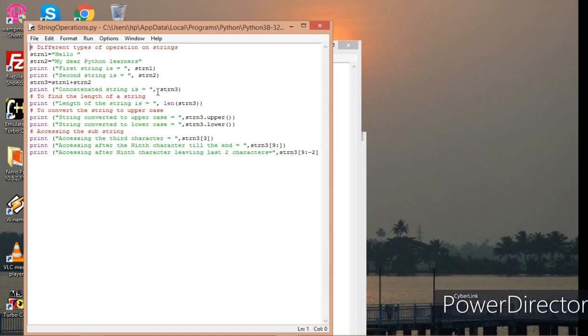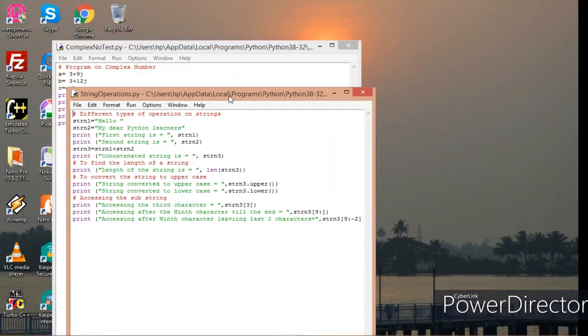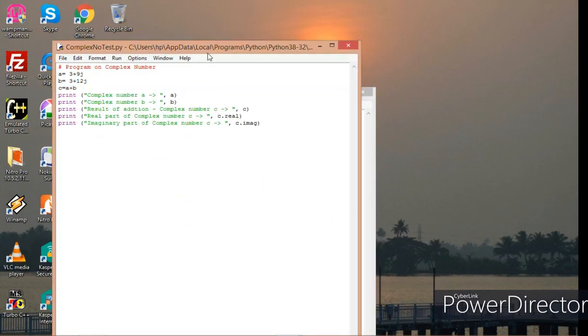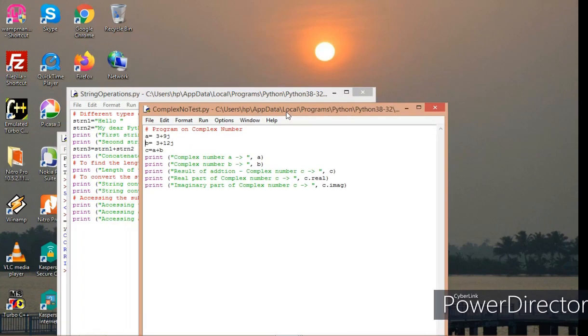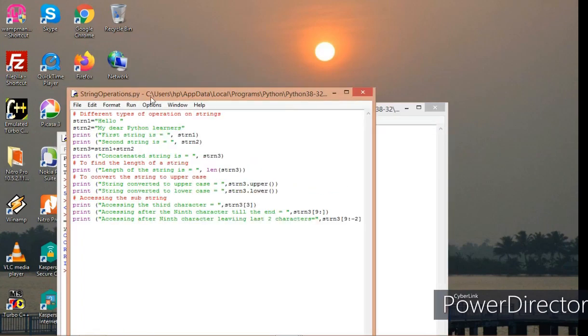I have some available functions to perform some of the operations. Now here you can just see, I have both the program files open, so I can use that. See here, string operations.